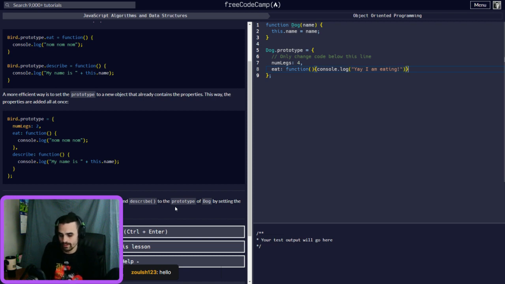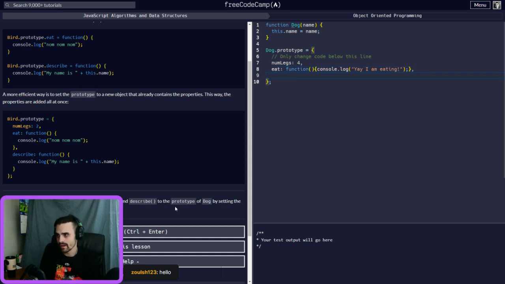Within that function, we also have to remember to close that off to make sure we're ending that line. Okay, that's one. But we're going to another one, so we have to put a comma after that to indicate that it's not the last property.